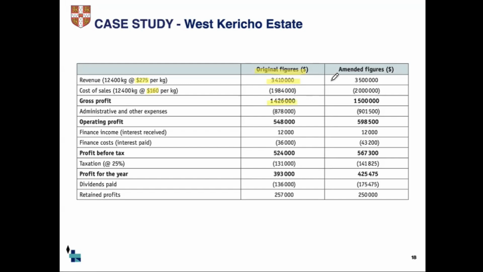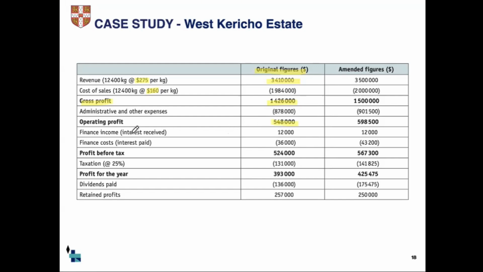So $3,410,000 minus $1,984,000 will give a gross profit of $1,426,000, which represents our gross profit. And then other costs are deducted. So administrative costs and other expenses are deducted. It's also in brackets, which tells us that it's a deduction, a negative figure, of $878,000, and that leads to the operating profit of